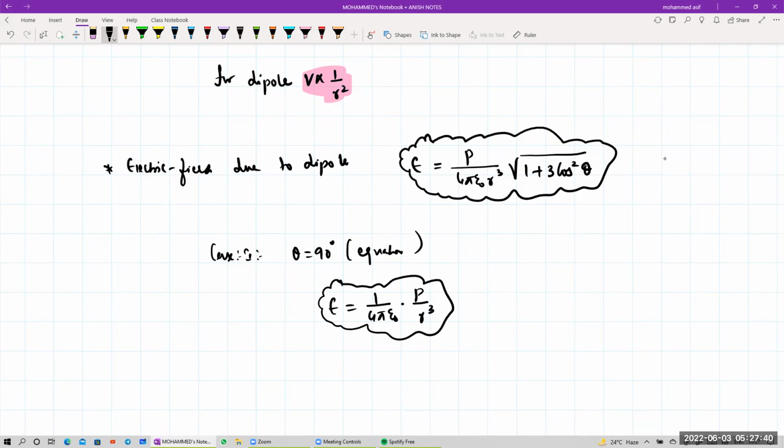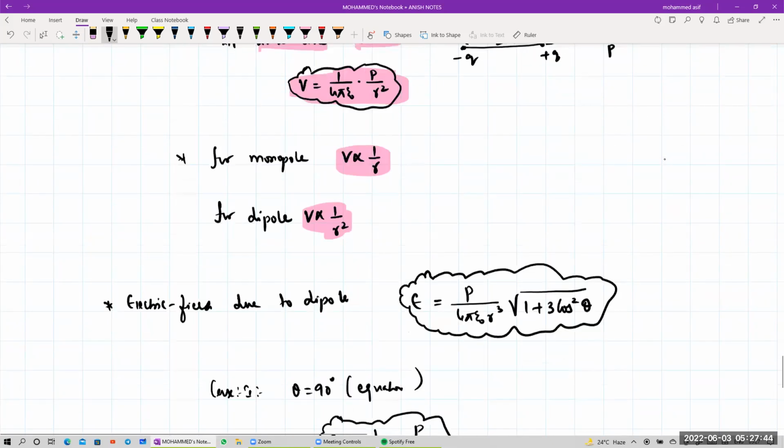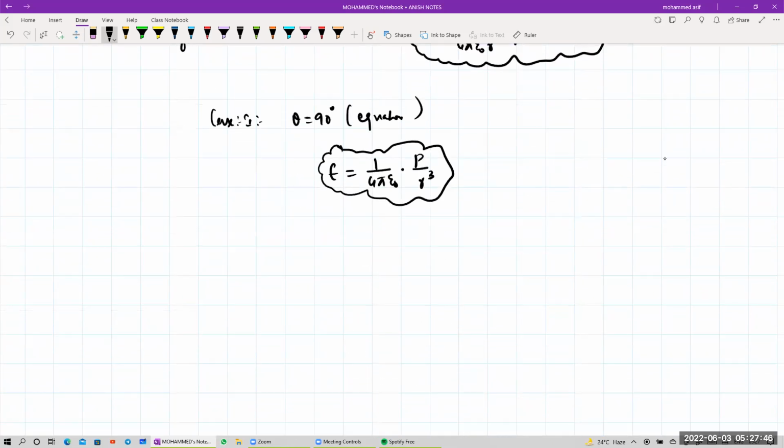When theta is equal to 90 degrees, on the perpendicular bisector, potential is 0. But electric field is not 0. Electric field is 1 by 4 pi epsilon naught into P by R cube. The same way,